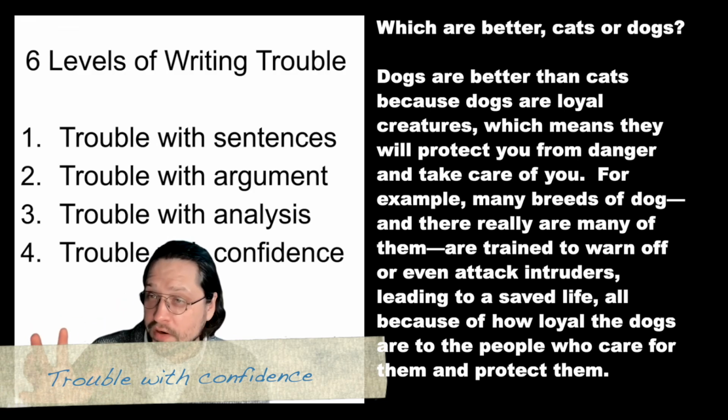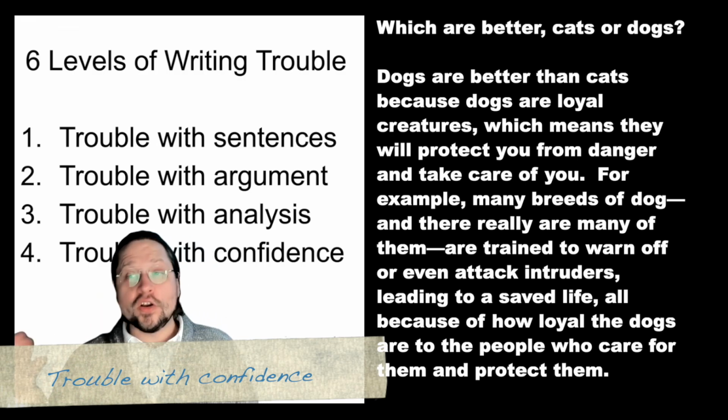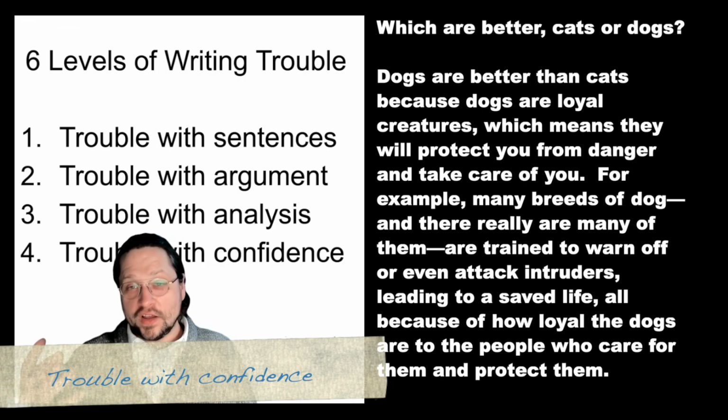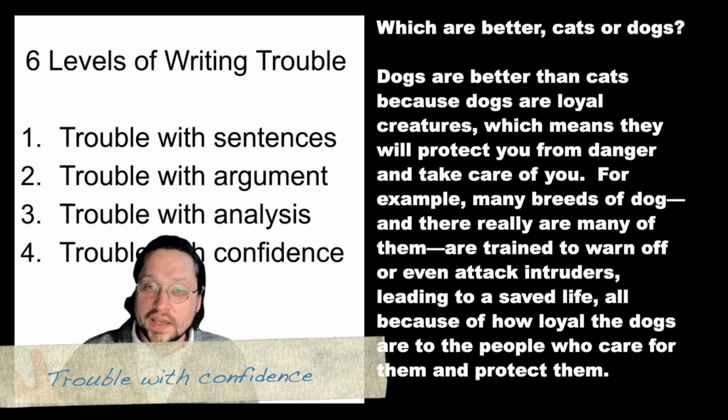So they know how to write a paragraph. They know how to write a 5 paragraph essay. They know what they're trying to say, but in their saying it, they're trying to show that, in fact, they are not nervous, that they are not unconfident in what they're writing. And so their writing ends up overwritten, overcomplicated. They think that simple sentences aren't good enough. They need to write complicatedly.